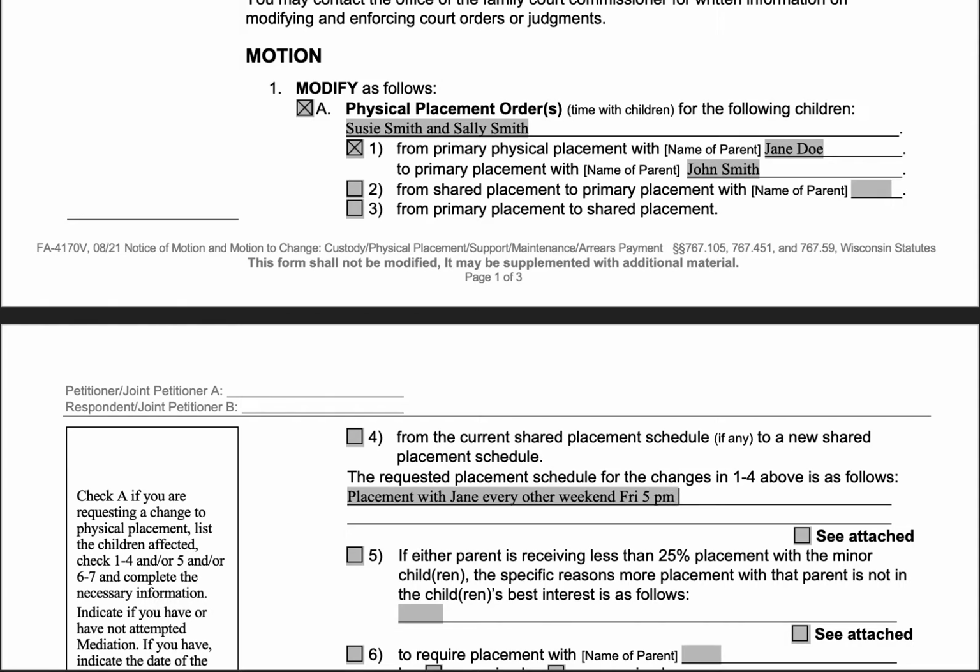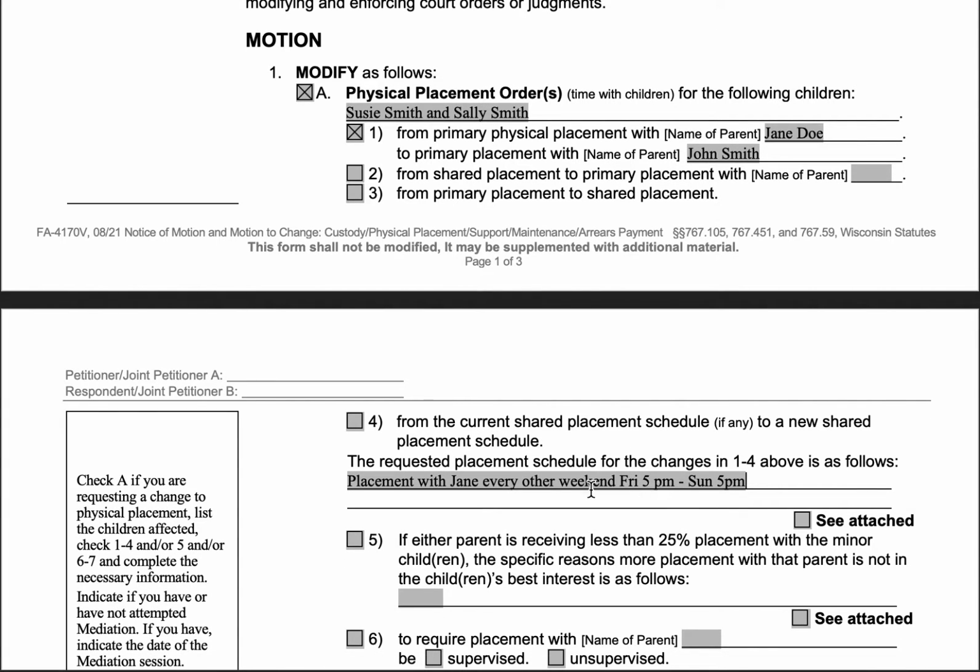Friday 5 p.m. to Sunday. And notice how I'm putting the times. You want to be as specific in this section as you can be. The more specific, the better. A lot of people just want to say, well, whatever the court wants to give me. And ultimately, you're the one filling this out, but we definitely recommend putting your dream schedule, putting what you'd like to ask for, and being as specific as you can.